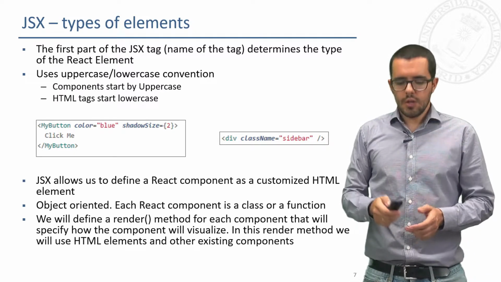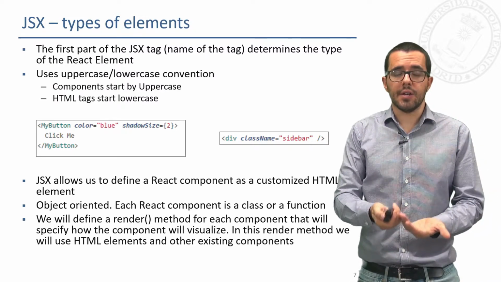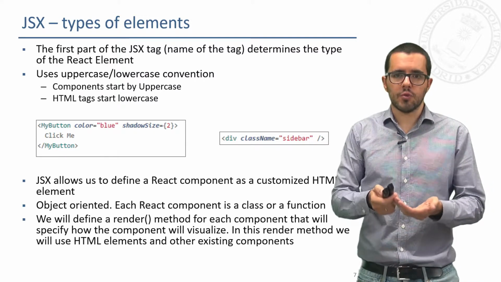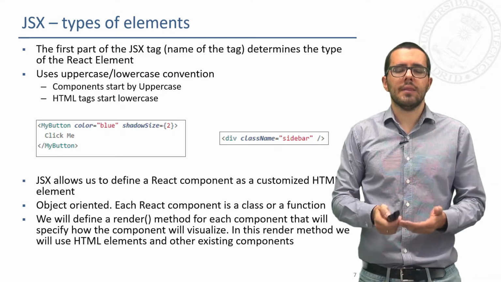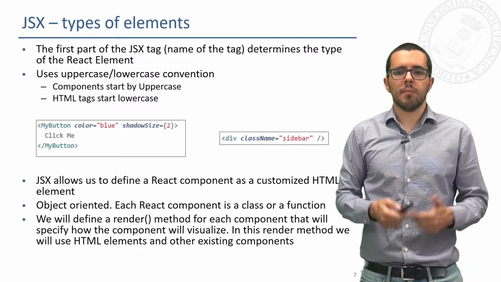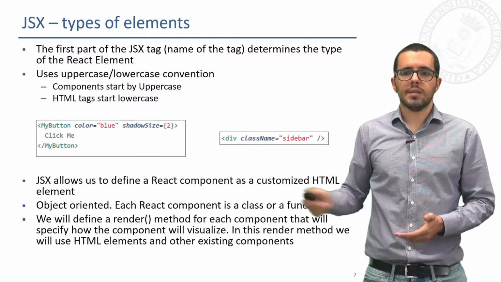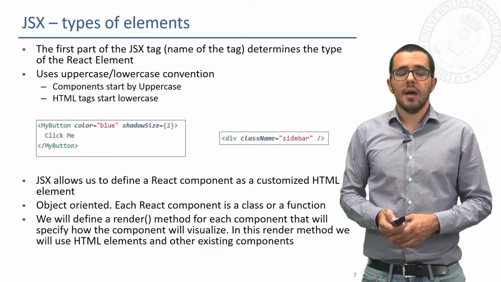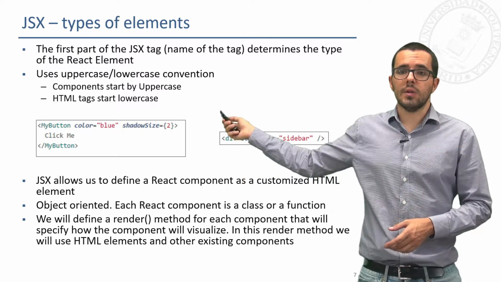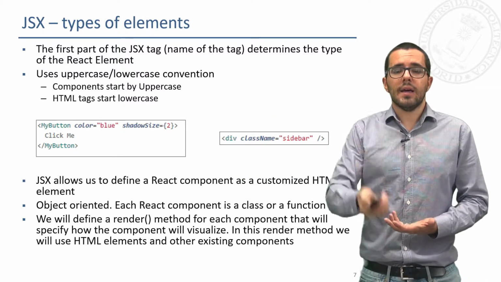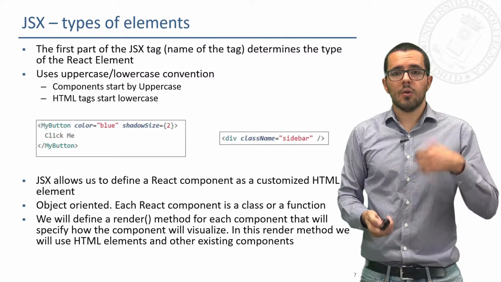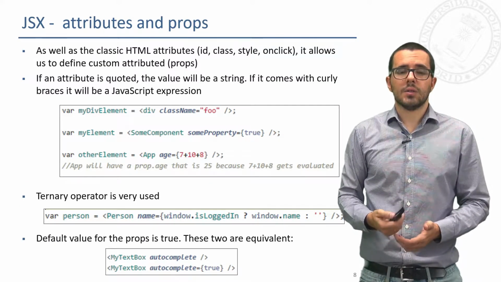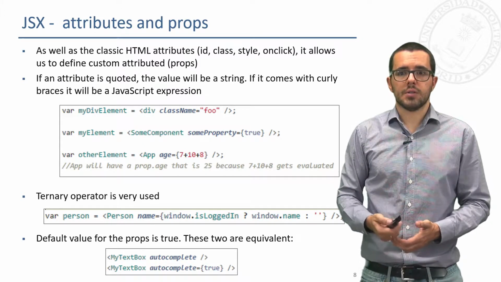Okay? So, a component, we can see it here now with code, is just a customized HTML with some functionality, because in the end we will add more functions and more methods. Okay? So it is very object-oriented. A component is an object, and it has a render method that will return other components or HTML tags. Well, the attributes are what we call in React props, the props.